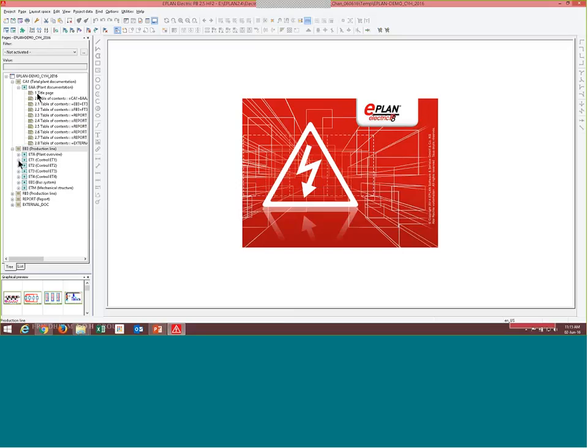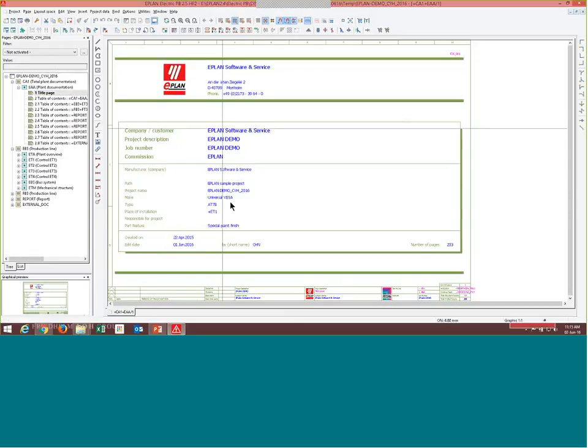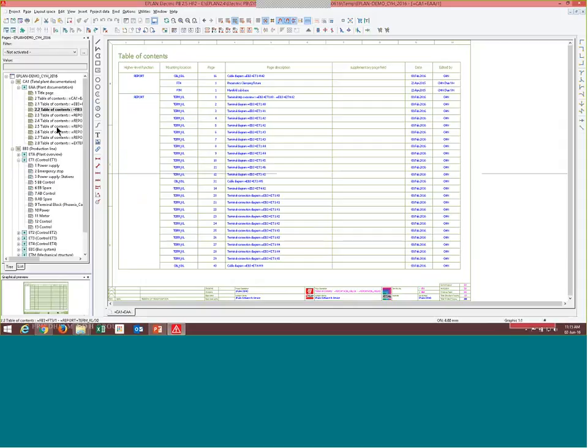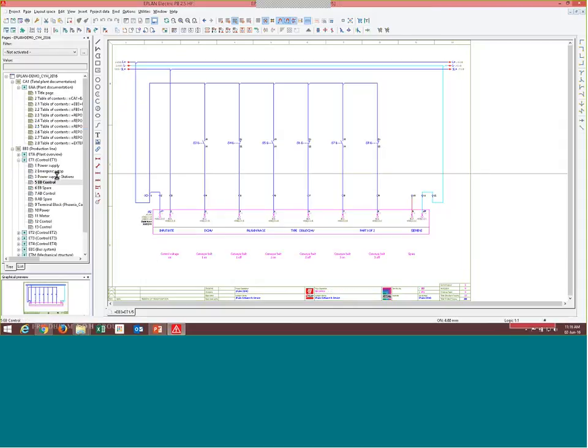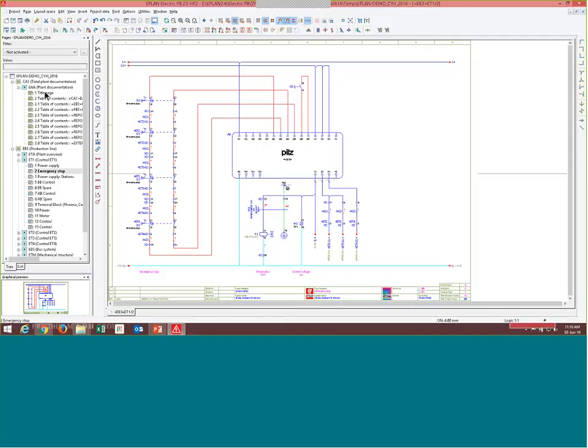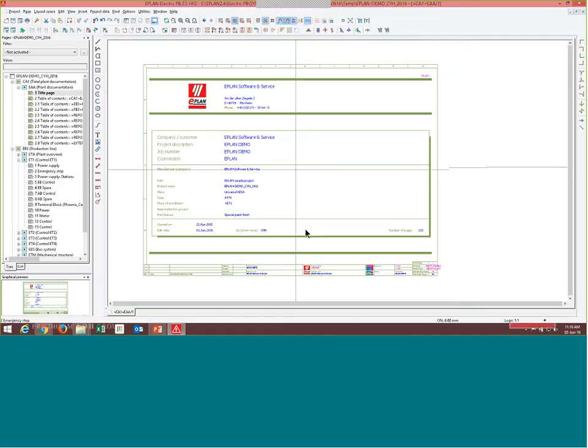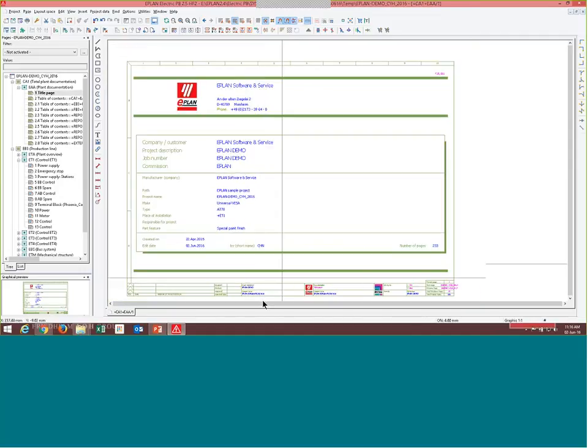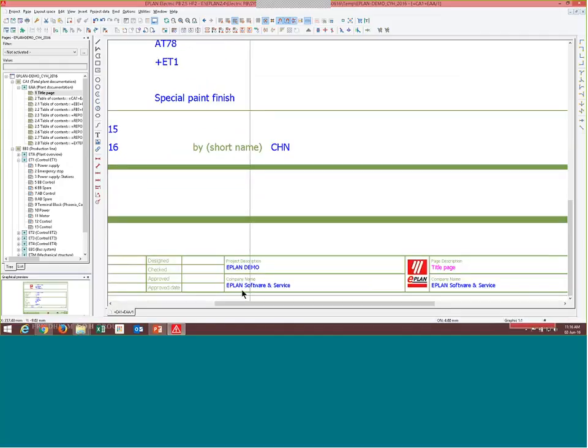Okay, so let's say if I go to this plan documentation. You have a cover page over here, so you can correspond the page as well. You just need to double click, and then you can go to your drawing. I'll show you the first one, the title page. Let's say if you want to add some information, or company names over here, or